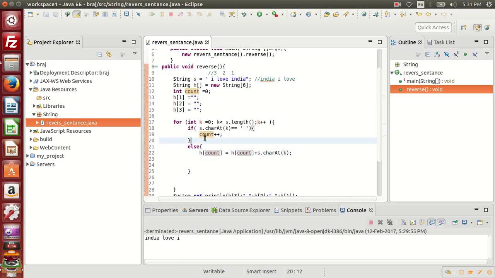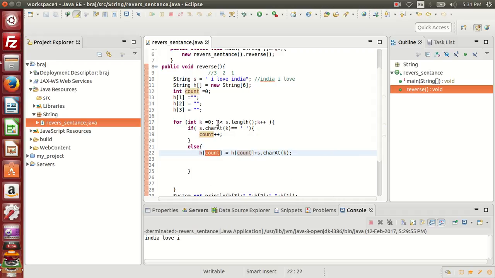That's it. It's checking if a space is coming or not. This one is for space only. If he gets a space, he needs to increment the count by 1. Once he counts it, my h will be 1, so everything will be stored in 1.